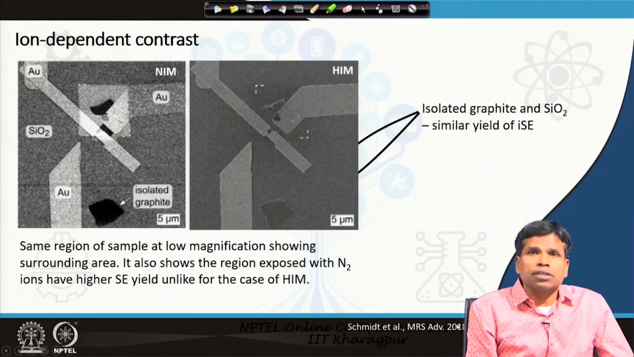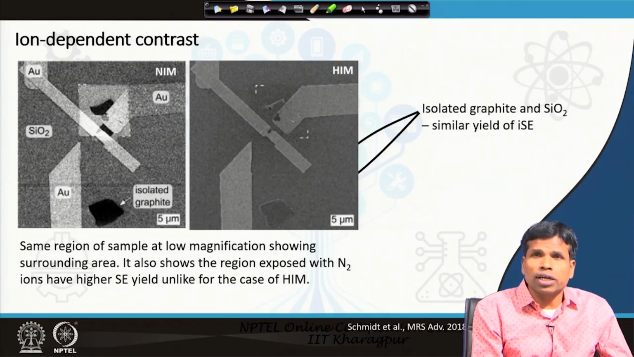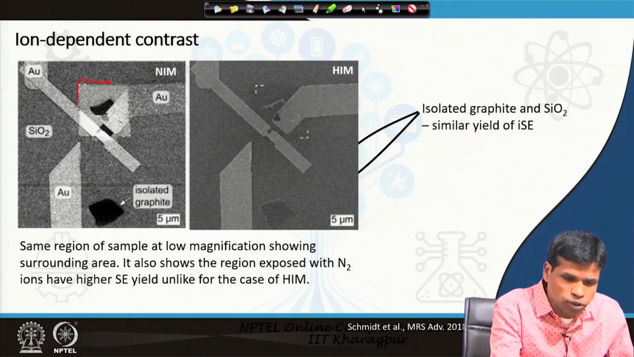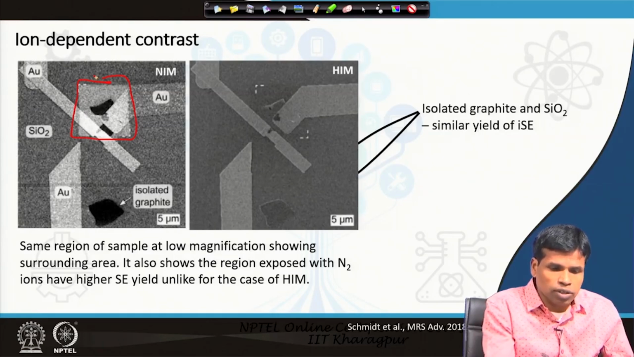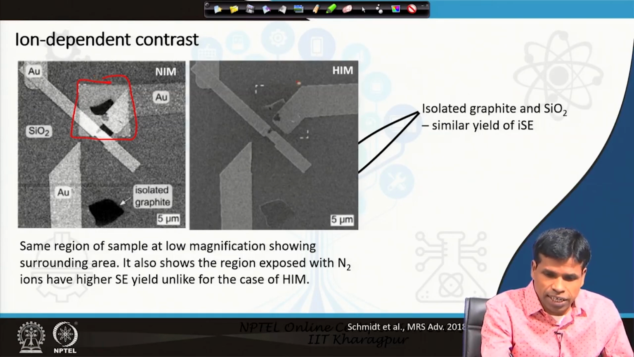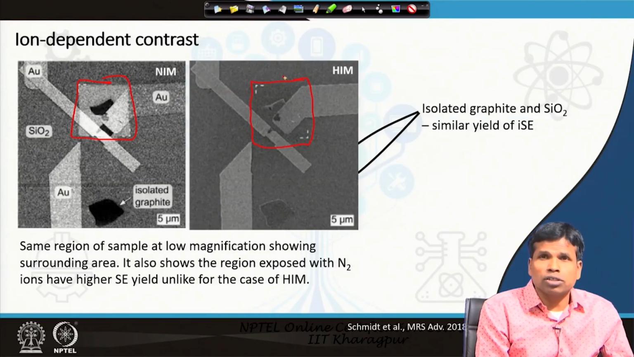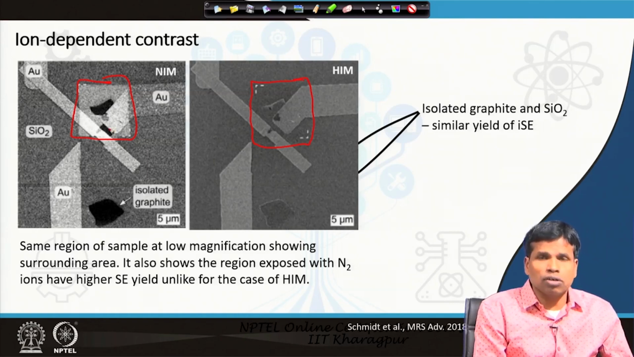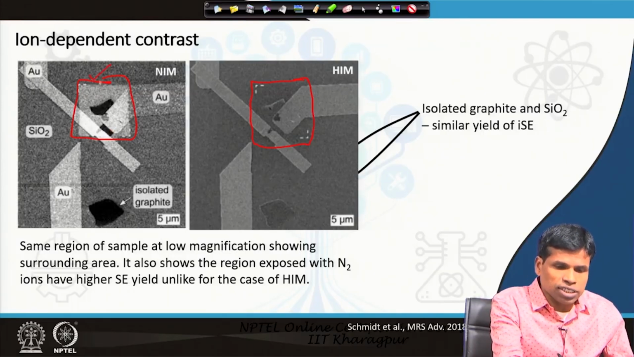Here is the same sample, but at a much lower magnification, looking at the wider view, and this is the region we were previously looking at in the previous slides. What we can see clearly here is the region we are looking at by helium ion microscope, and here by nitrogen ion microscope. In the nitrogen ion microscope, the region we were looking at previously becomes a completely different contrast. It is because those regions have